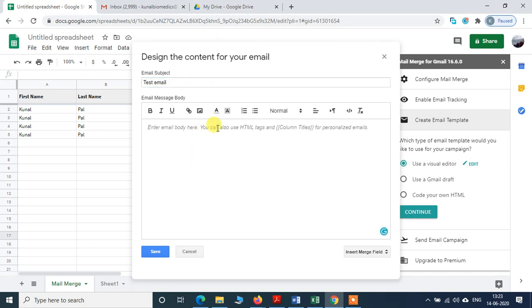Then I will write, say, dear professor. So from here I will say whatever I want to insert. Say last name, I want to insert the last name, and comma. Please find attached the required file. Okay, thanks, Kunal. Okay,